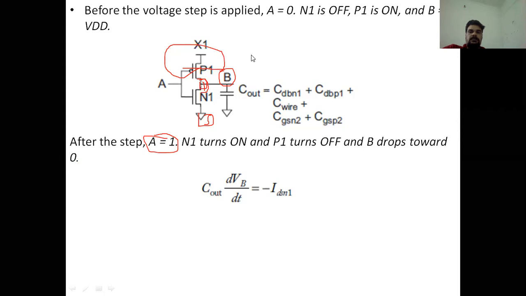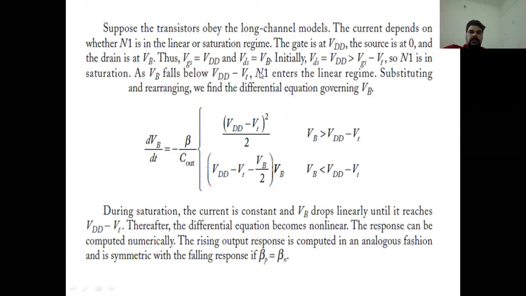Okay. So it will just start to fall from that value. That was initially VDD, and it will start to fall. So VDS is equal to nothing but VB. Okay. Now,